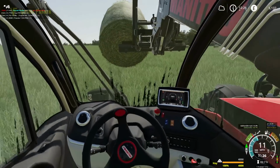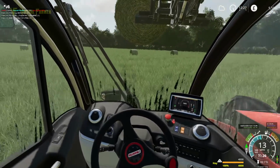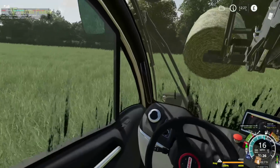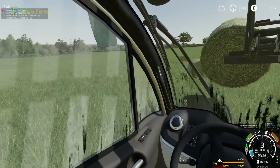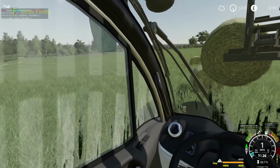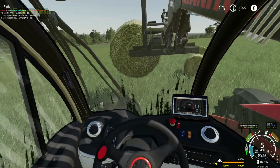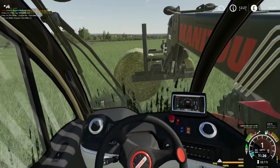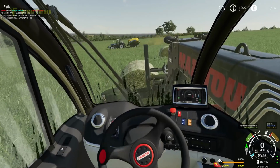And so this is what we basically need to do. Our basic job today is to go around this field and get these bales stacked up and picked up. We'll be going around the field a lot quicker than the tractor will be. And as I said, as we get into the harvest, as we're getting near it now,